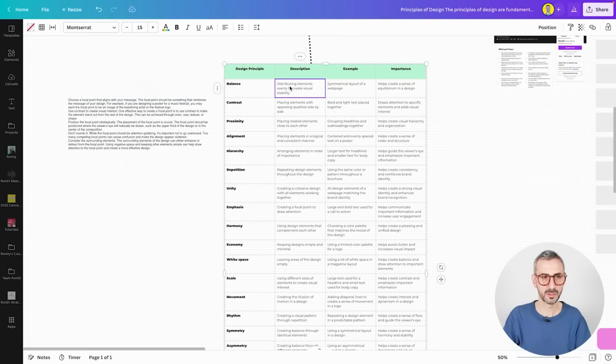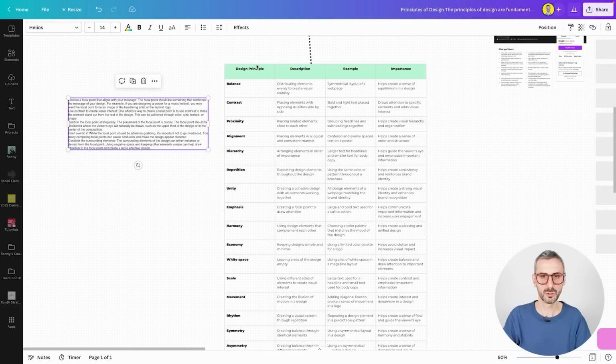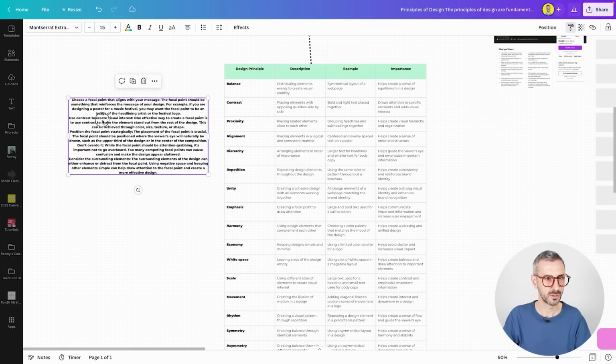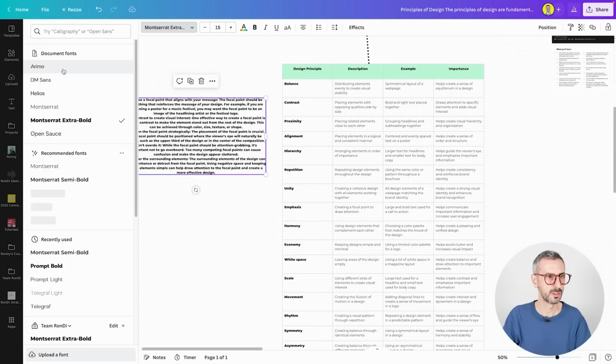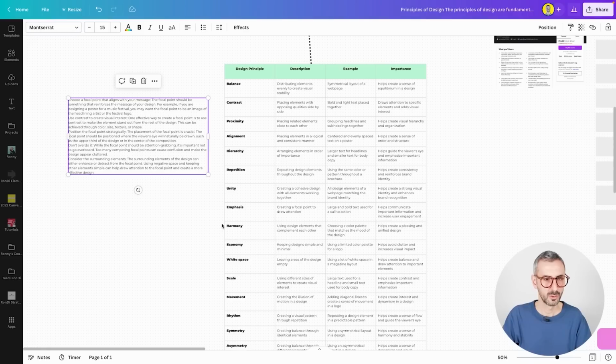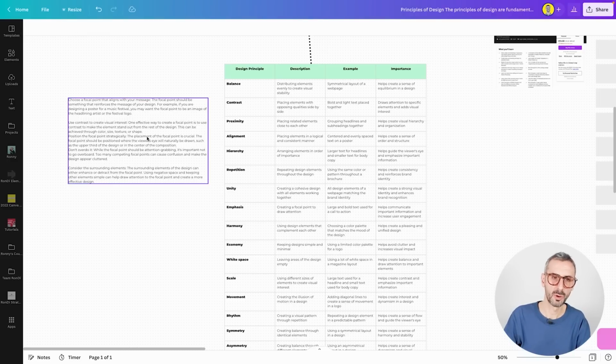I have a different font from this one, Montserrat, so I'm gonna make this Montserrat for sure, so I can use the copy style button right here and just copy the style here. I don't want this to be bold. I want this to be Montserrat normal, okay? And I want this to be justified this way. So choosing a focal point, okay, I can add a couple of enters to simply create different blocks, or I